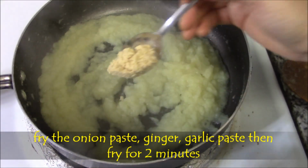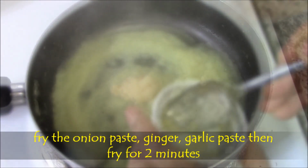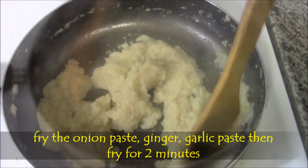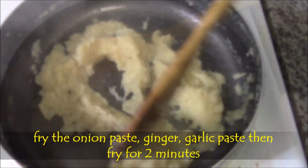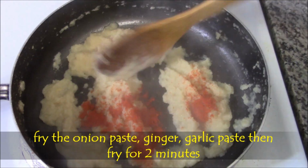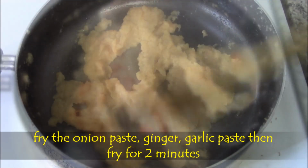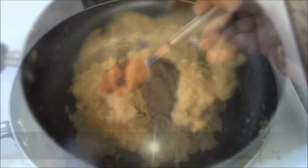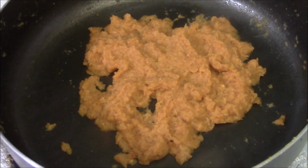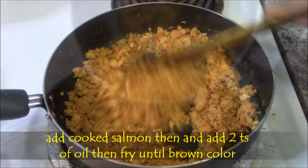Then add ginger and garlic paste. Mix well. Fry for a minute. Then add half tablespoon of red chilli powder. Mix well. Fry for a minute. Then add another 1 tablespoon of red chilli powder and fry until oil comes out from the onion. Then add already cooked fish, mix well